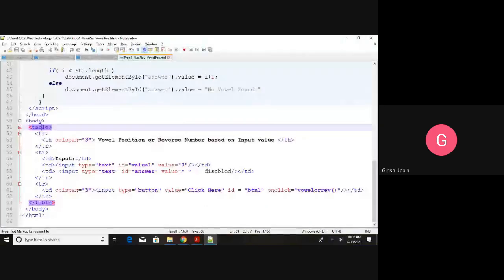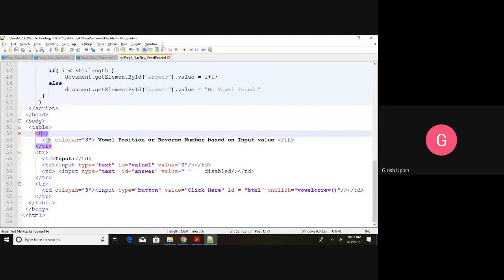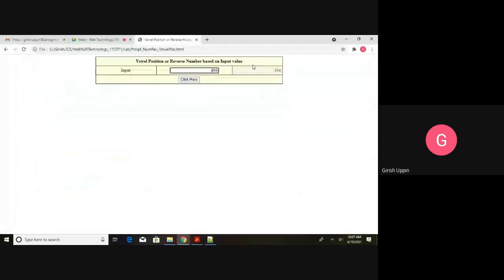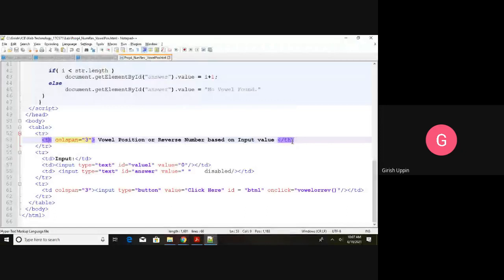How many TR do we have? 1, 2, and 3. In the first TR, I am having the table header TH. Beginning of the TH, column span is 3, and this is the closing TH, and this is the content. That is basically you are telling what this table is.